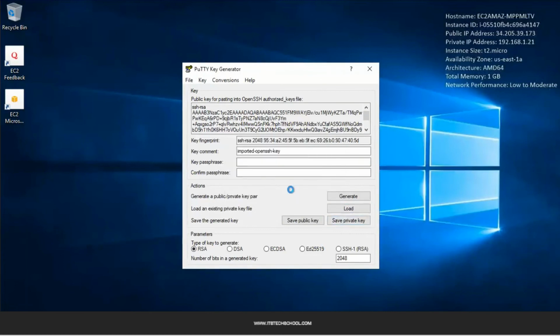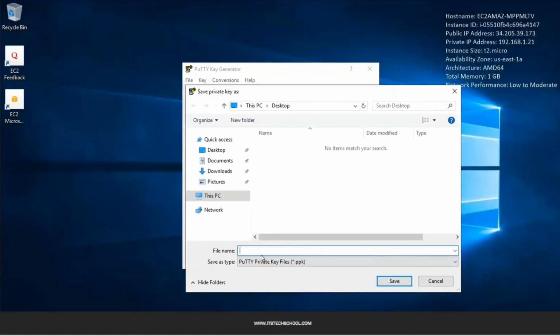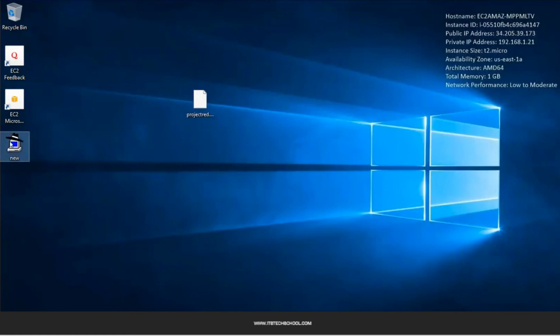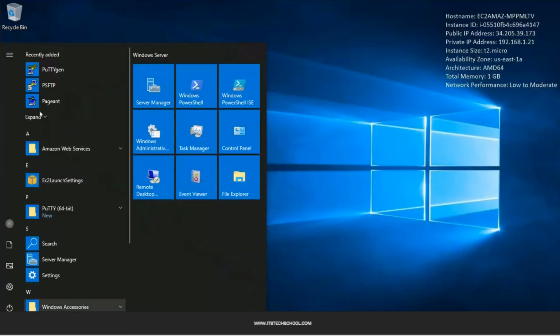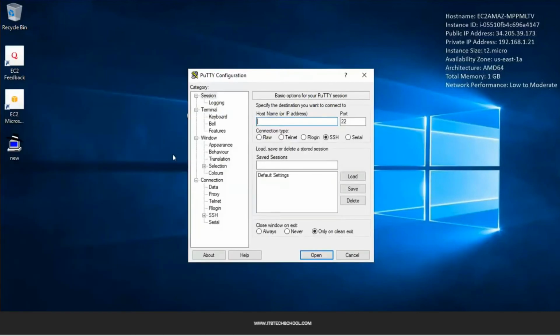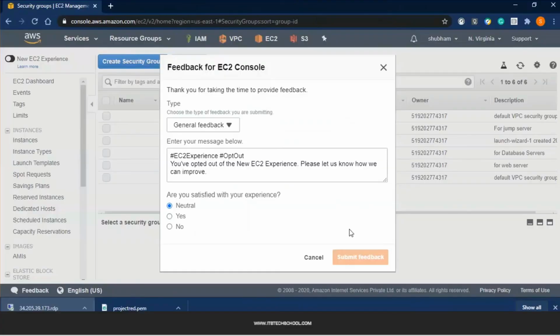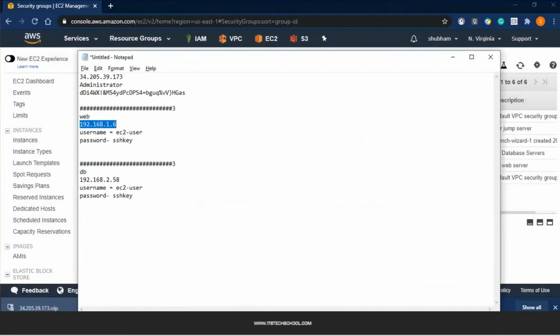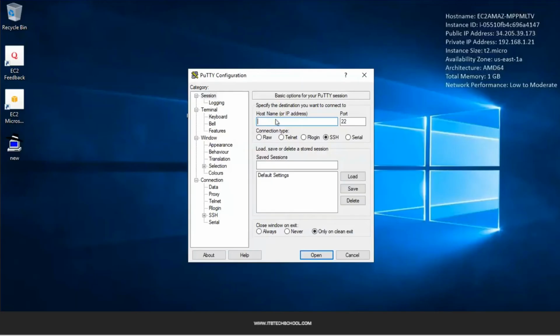Yes. So give the name, a new key, and save it on the desktop. So on the desktop, I got my new key, right? Now, once the key is converted, open PuTTY. Where's the IP address of any of your web server or jump server? Let's connect to the web server first. My web server IP address, copy and paste over here. Now, from the left hand side, just go down, click on SSH, then click on Auth,